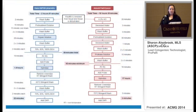This is an overview of the two different types of pretreatment. This is just for PetFISH, the two types of pretreatment kits that we use before and after, and some comparisons between them. Is my laser pointer working? There we go. The total time here,